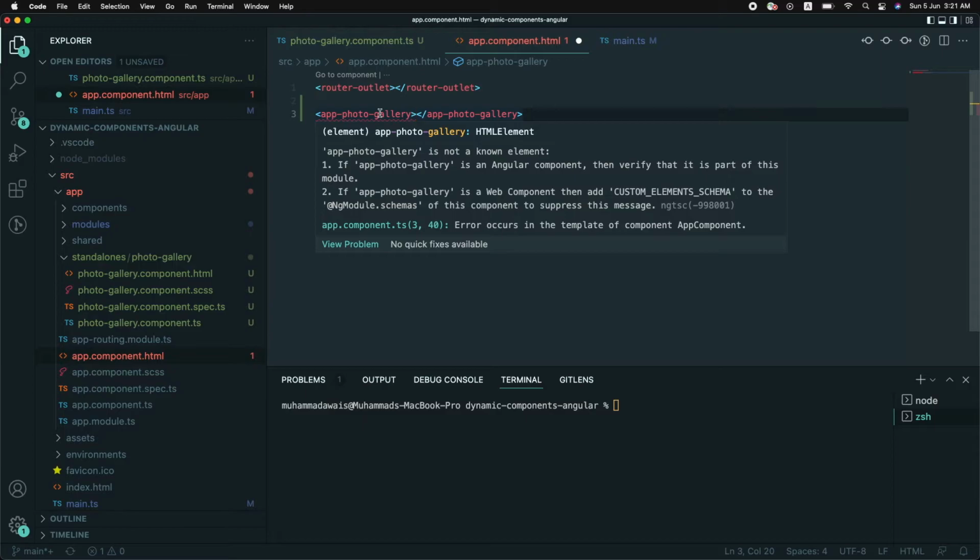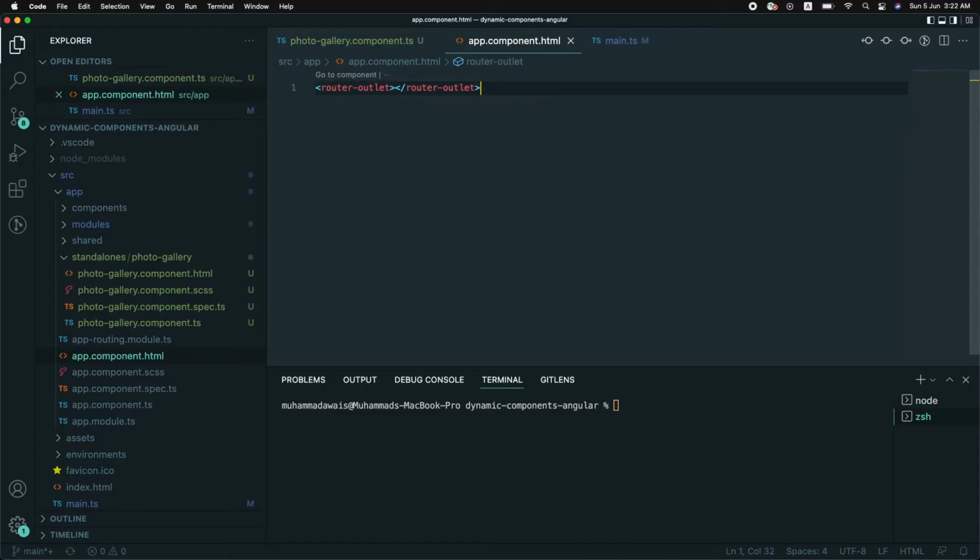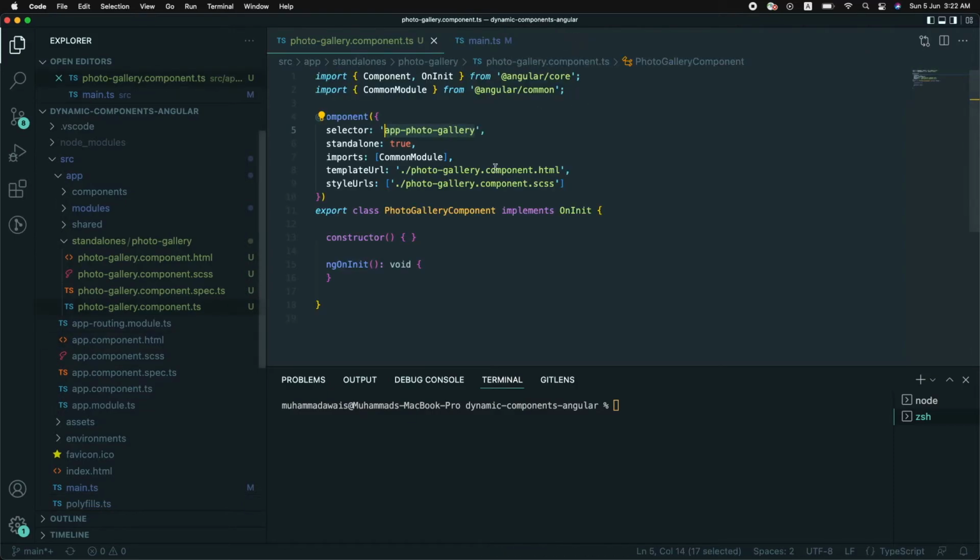It will not allow me to use this one, because this application is built over the module based architecture, so I have to import my standalone component in my module based application, right? So this was actually